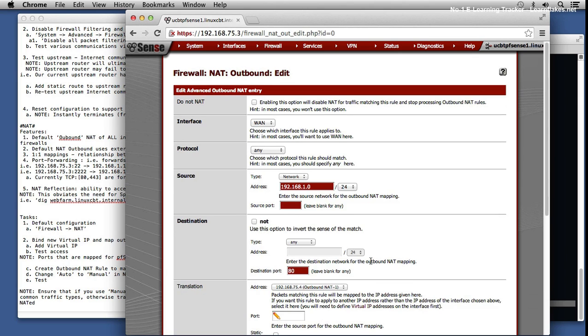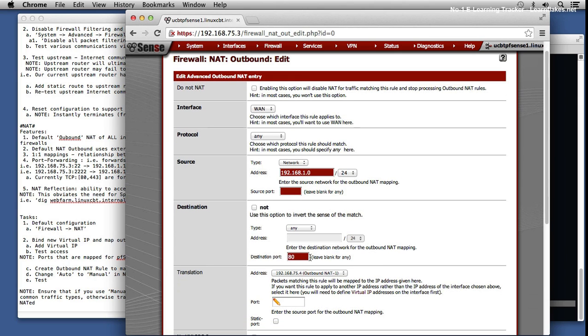If you edit the set, take a look here. So destination, port 80, it's for a single rule, single port. It isn't accepting a list per se. And it maps it out as 75.4. And you can even force it to a source port if you'd like. And the destination could even be a specific network, such as